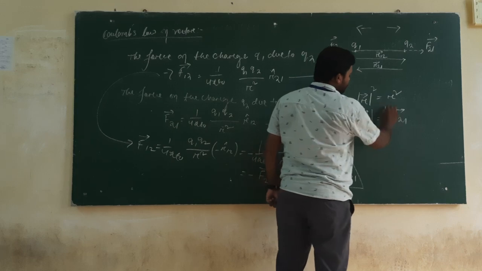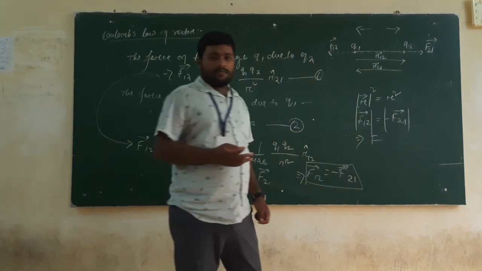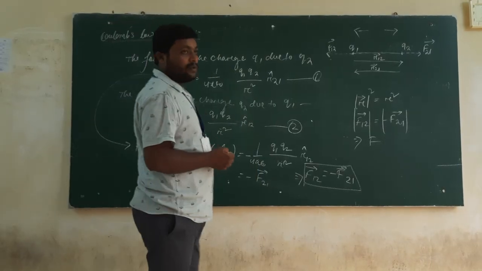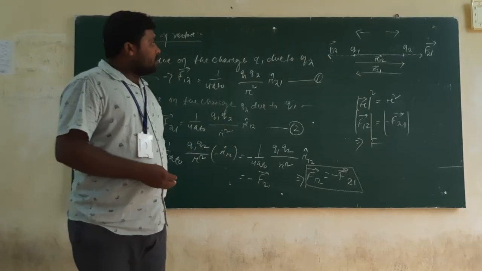If you take magnitude on both sides, they will be equal. That's it. The unit of charge is coulomb in SI units, and the unit of force is